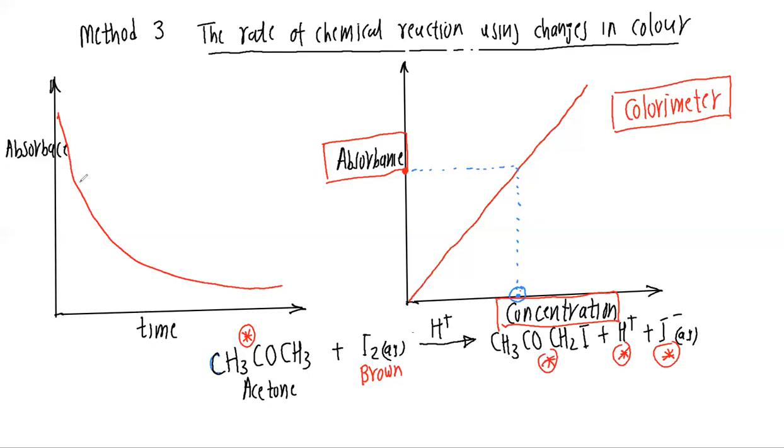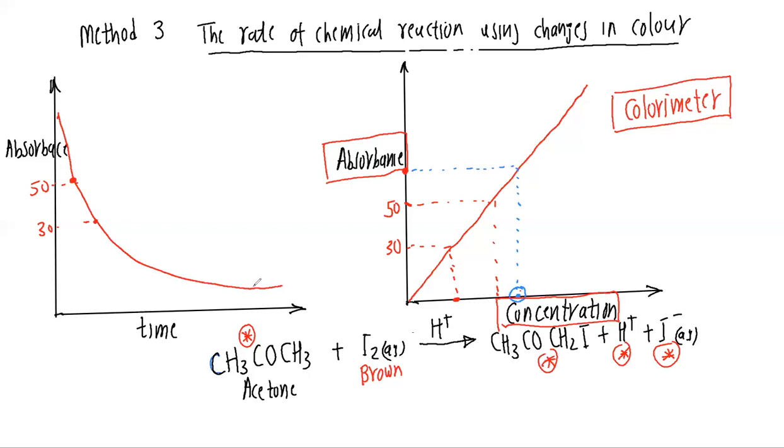So for example, at some time we get this absorbance. Let's say this is 50. So I'll go to 50 on this graph, wherever it is, and I'll find out what is the concentration. After some time, let's say it becomes 30. I'm just giving hypothetical values. So I'll go to this 30, which is here somewhere, and then I'll find out the concentration. So this is the idea. Very, very simple idea.